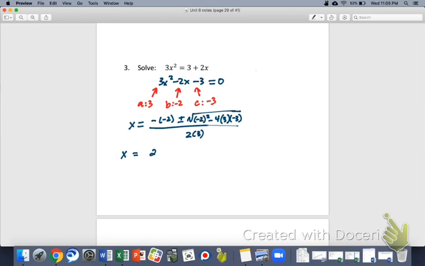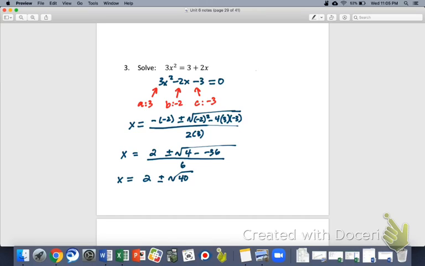So x equals positive 2, because a negative times a negative is a positive. And once again, a negative times a negative is a positive, so it'd be square root of 4 minus, and this would be negative 36. All divided by 6. And then, of course, that's really 4 plus 36, so I'm getting 2 plus or minus the square root of